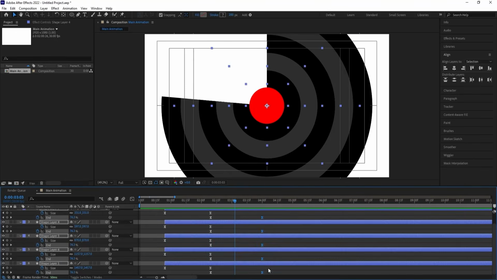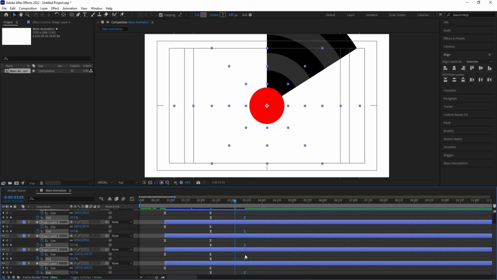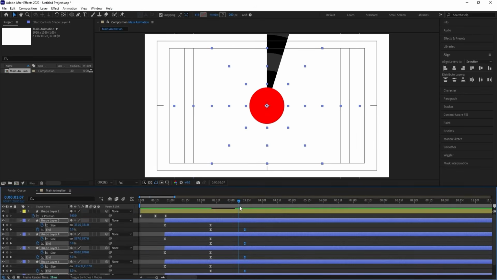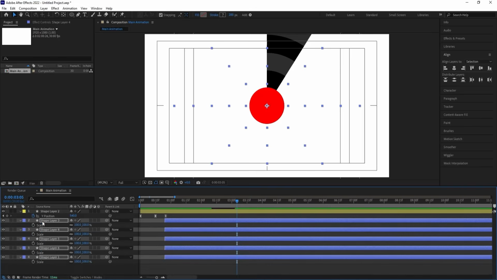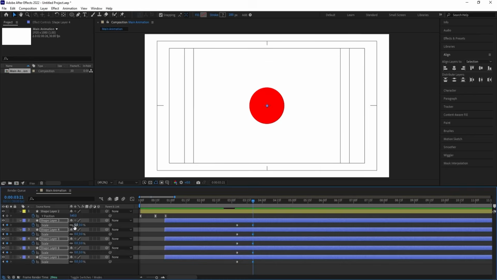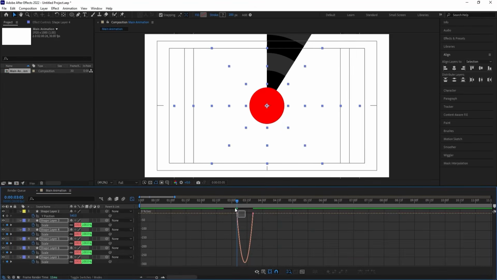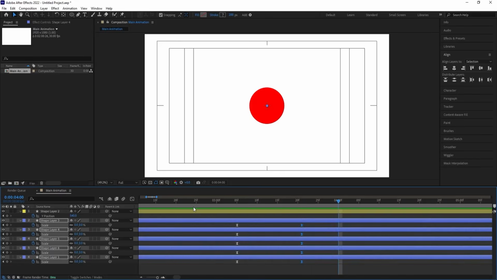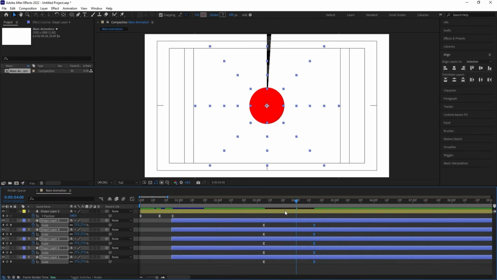Now let's select those trim path last keyframes and try to bring them a little bit closer like this, and then somewhere around at this point over here I'm going to press S. Let's create one keyframe, then go over here and make this value 0, and now select those keyframes and hit F9. Go to the start, go to the keyframe, select this, zoom in a little bit, and by holding Shift move this handle over here, select this and move this handle over here. So we will get something like this, or you can bring this a little bit over here,